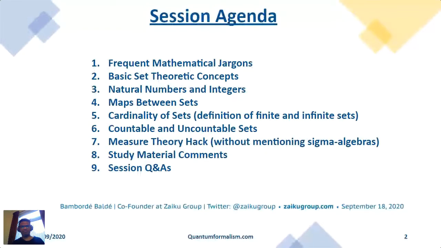And then we'll have an overview of the natural numbers and the integers. This is also for a purpose. We'll have a quick look at maps between sets. These are all things that I expect a lot of you already know, so we won't spend much time on them. Then cardinality of sets: we'll define what a finite set is in the mathematical and formal sense, as well as infinite sets. And then the notion of countable and uncountable sets. And hopefully some of you will be shocked by some interesting and nevertheless counterintuitive facts.